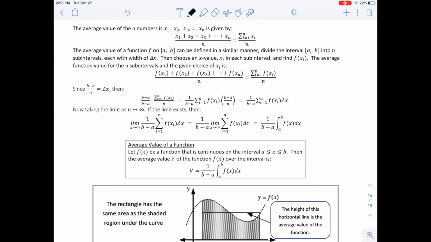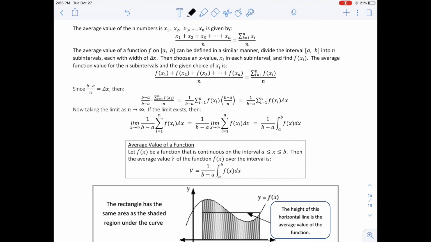Then choose an x value, x sub i, in each interval and find f of x sub i. The average function value for the n subintervals is given by adding up all those f values and dividing by n. Since b minus a divided by n is delta x, taking that interval and separating it, we did that when we talked about area, we can work this out and finding our average and rewriting this, we arrive at